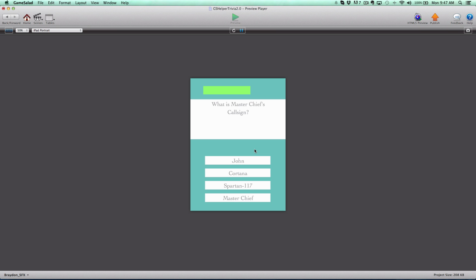Now I'm a big Halo guy. I don't know about you guys, but I really like Halo. So what is Master Chief's call sign? Is it Master Chief, Cortana, John? It's Spartan 117. Now what's really cool about this template is it supports both regular trivia questions and true or